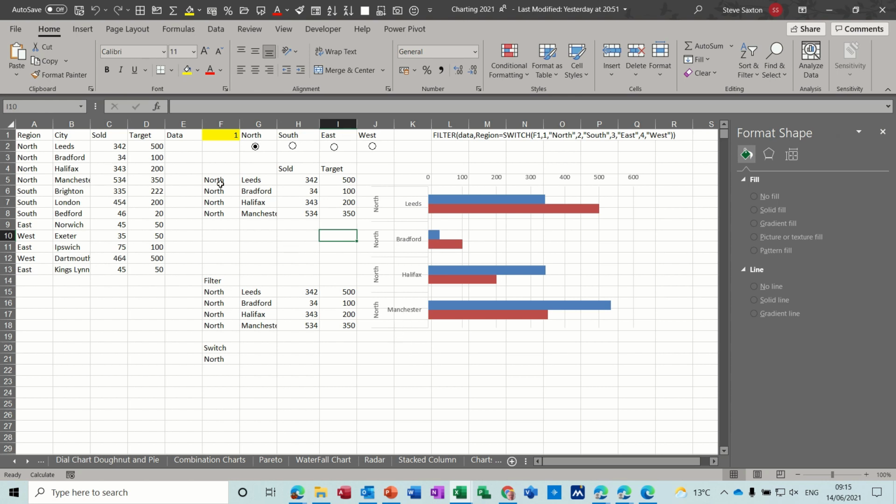Now if you didn't want north, you could have just done it differently. You could have done city, you could have done sold, because I've called these, that's called sold, that's called city. So whatever you want to look at filter wise, you can select it. But obviously this has got the target, the red is the target and the blue is the actual sold. I mean, if you want, you can